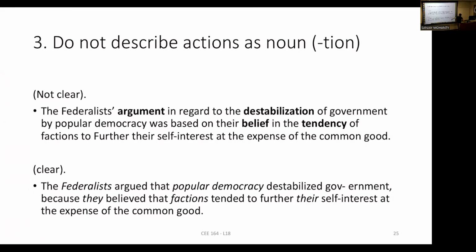So don't use too many TION words, pollutions, verifications. Don't say, I made the verifications. That sounds not clear. What did you do? I verified. I verified the documents. That's very simple, right? So anytime there is a TION, you have a chance to actually make it clear. Not always should it be done, but just know that it's a symptom.